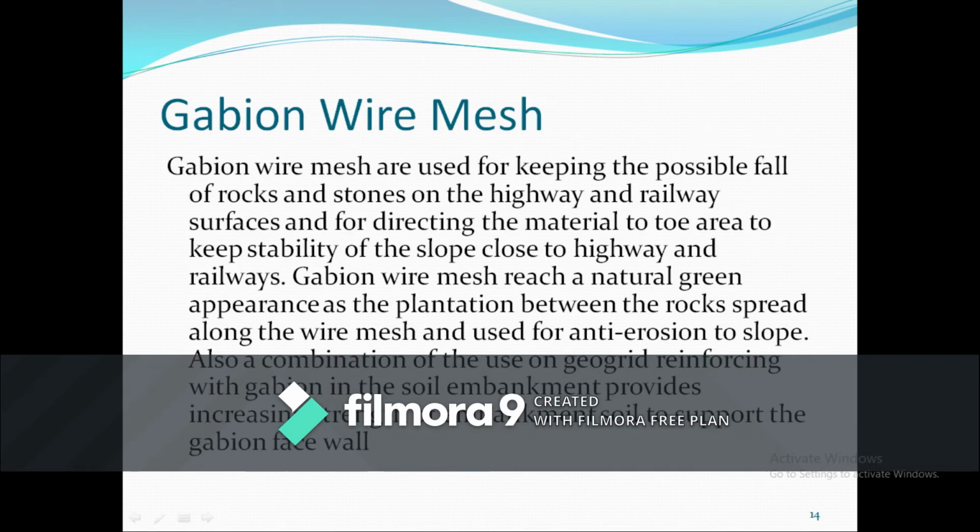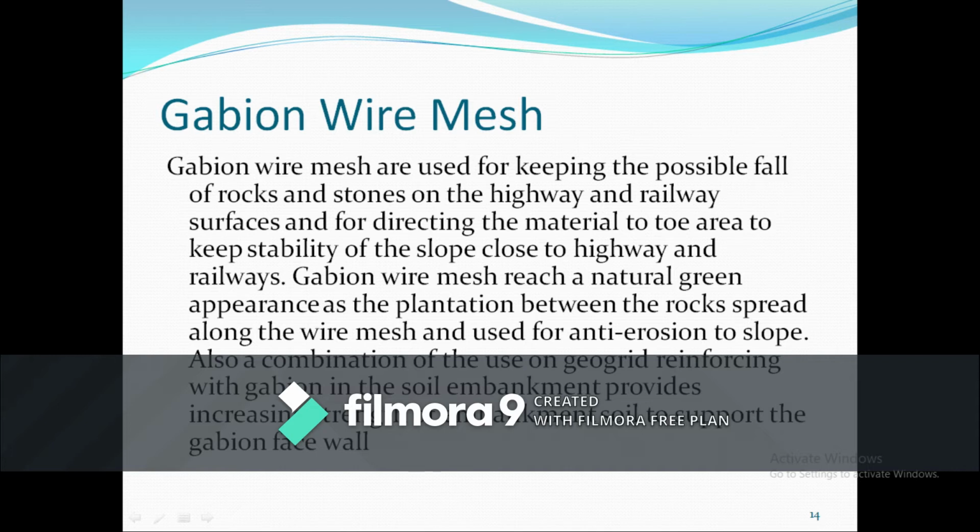The next method we have is gabion wire mesh. Gabion wire mesh is used for keeping the possible fall of rocks and stones off the highway and railway surfaces, and for directing the material to the toe area to keep the stability of the slope base for highways and railways. Generally, whenever you have any construction nearby a mountainous area, there are main chances of rocks and stones falling down.